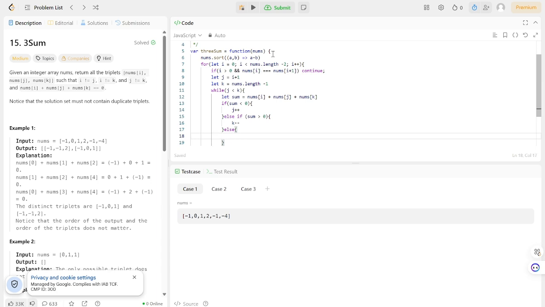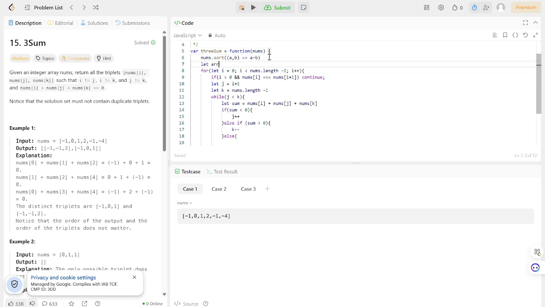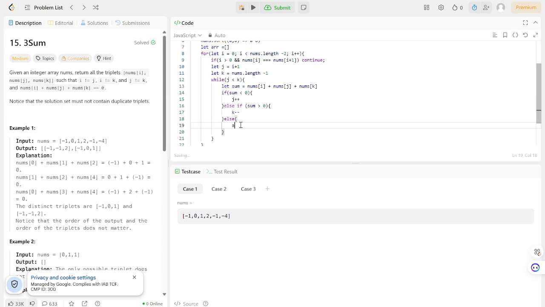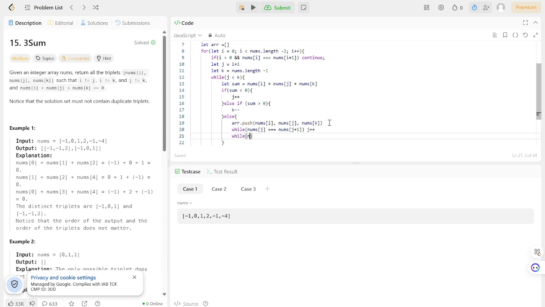I forgot to create an array. So we create here an array, and then we push into the array the values in order. So nums[i], nums[j], and nums[k]. And then, as we can't use the same values twice again, we have to check that the value at j is not equal to the value at j plus 1. So if it is, we have to increment j. We do the same with k. So while nums[k] is equal to nums[k - 1], then we decrement k,